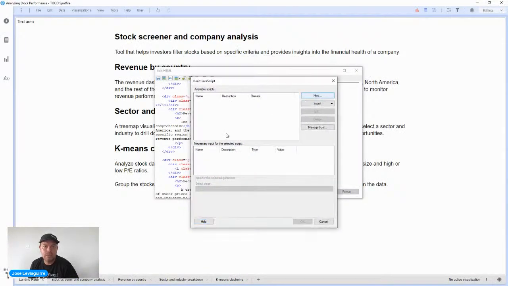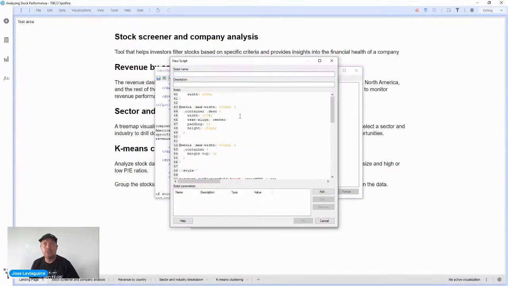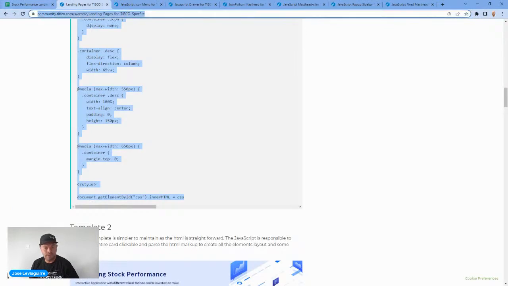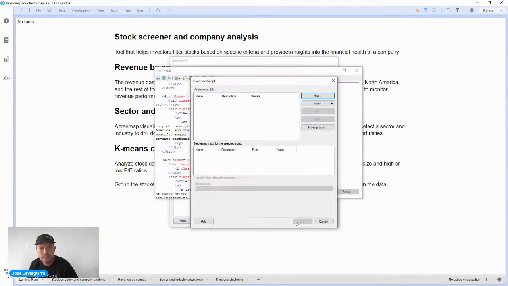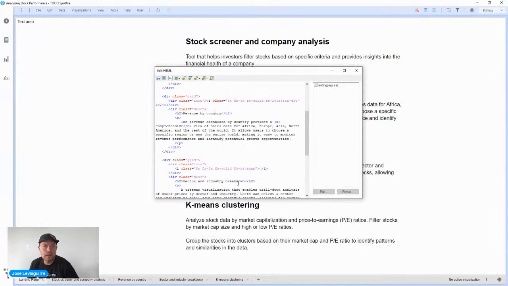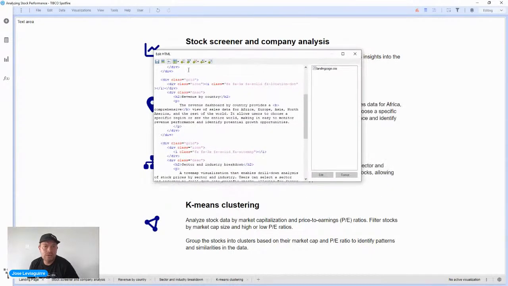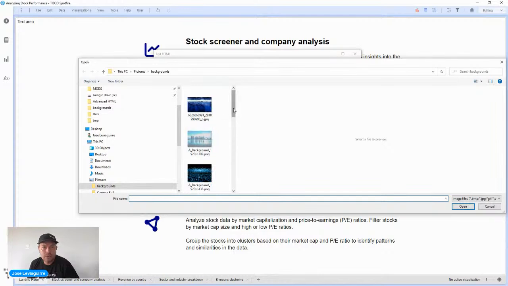So when I create that, I can just paste the code here, and I'm just going to put the reference of the script here and put it right here, the description, and call it the landing page CSS. And that will give some icons. And then I'm going to save this, and then I can also add a background. So I'm going to use background for this image. So browse for background,